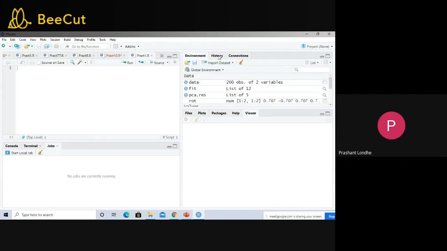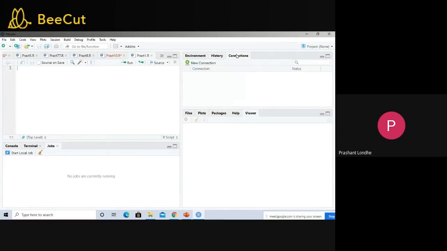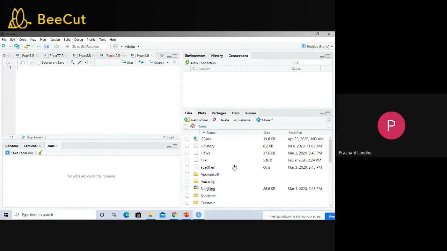History, whatever you are running, see here, I have run this program. So this is stored as a history. So if you are clearing something, you can retrieve it through history. Okay, it is not like that you have to type again. You can retrieve this from the history, provided you have not cleared the history. And these are the connections. It is also used for external connections. These are number of files that you have stored.